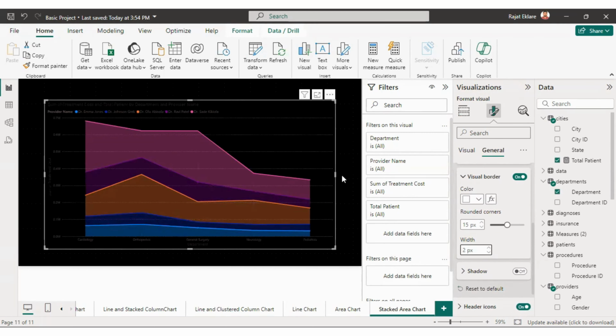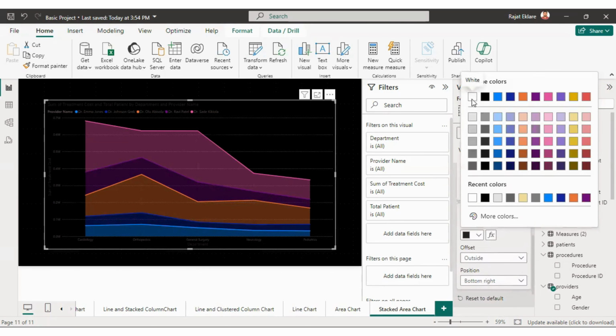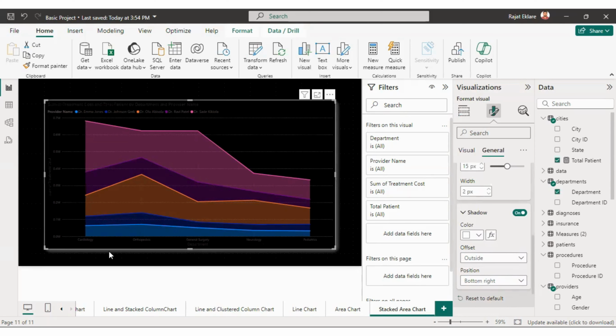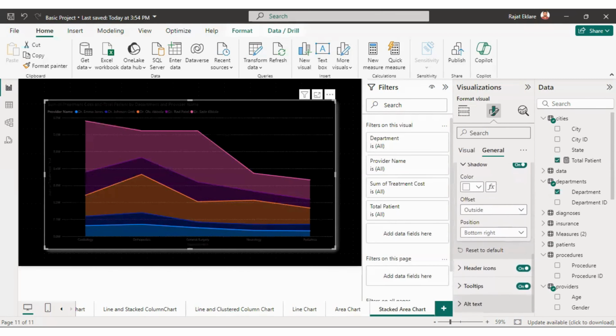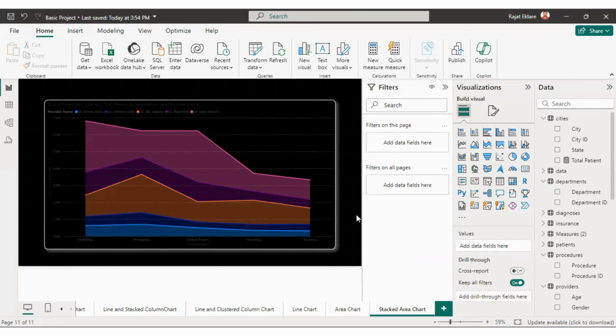And there is no shadow yet for our visual, so I'll just enable the shadow button. Instead of black color, I'll select white color, and currently the position of the shadow is bottom and towards the right side. So I'll keep that as well. If you want to change the position, you can change the position of the shadow as well as the opposite. If you want the shadow towards the inside, you can use this one. If you want it on the outside, you can use this. Okay, and this is done. Now the chart is looking somewhat good, but we'll format it in a